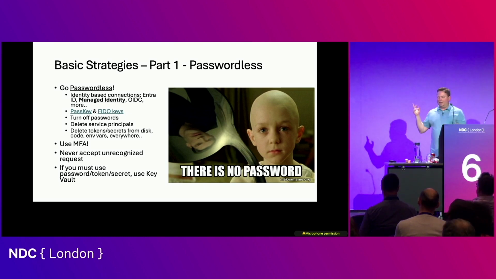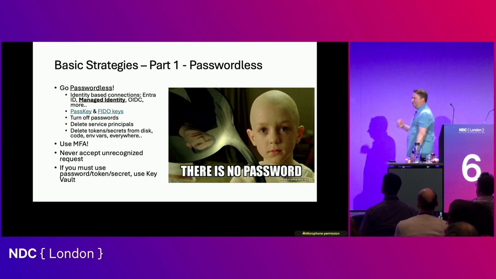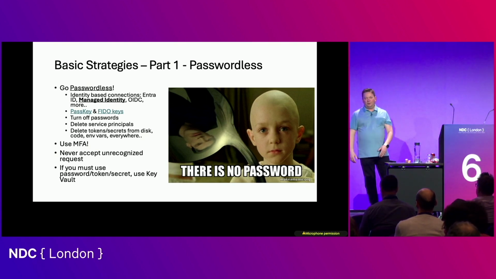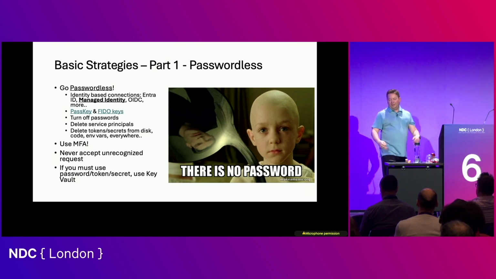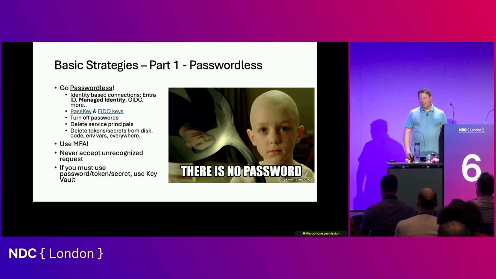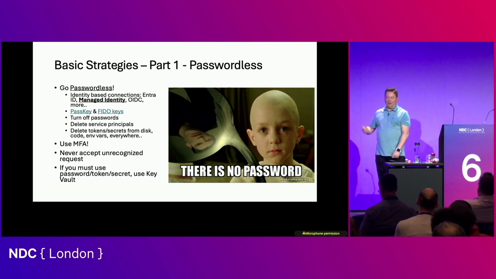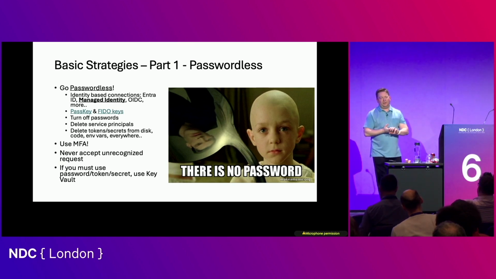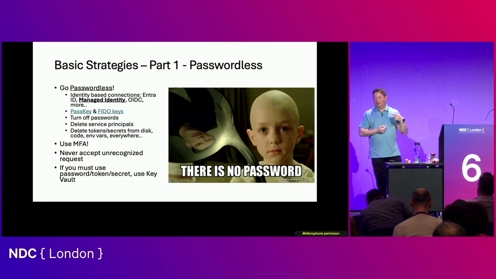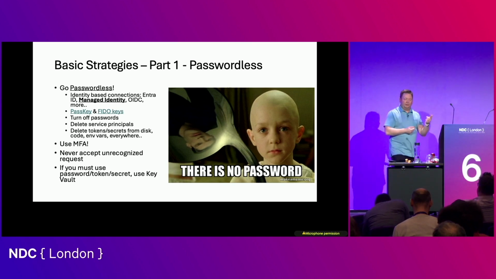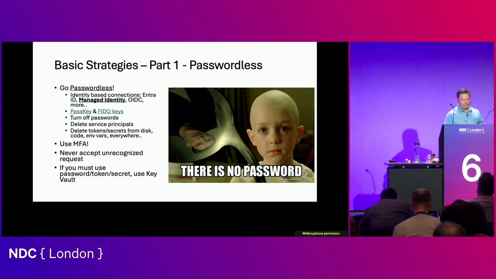All right, the last thing, if you absolutely must use a password or a token or a secret, we have a technology called Key Vault, also an open source. There's things like Vault. Just please use one of those and try to use it sparingly. But I understand, there's a number of legacy services, there's third-party services that there's no other way in. You have to use this sort of password. Then you can use the Key Vault. And we have guidance published online about how you can set up Key Vault to do auto rotation and kind of an auto expiration so that at least even after a while, you're required to re-authenticate the Key Vault key.